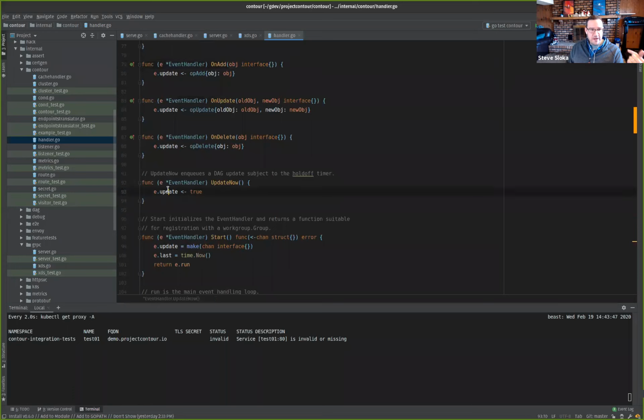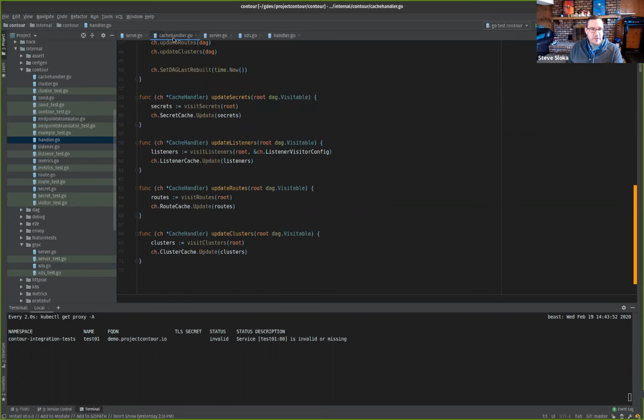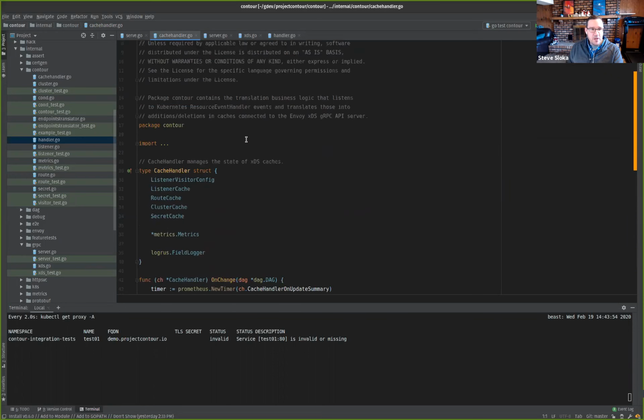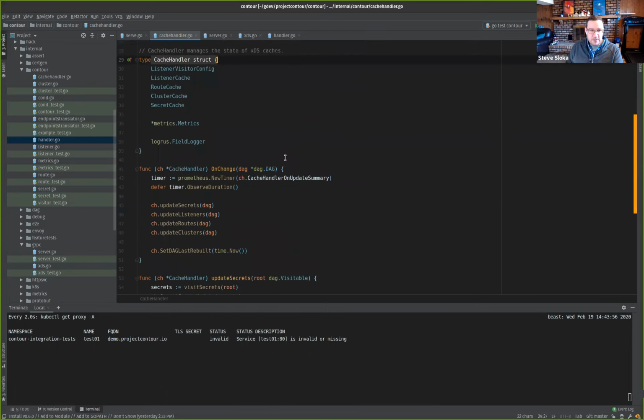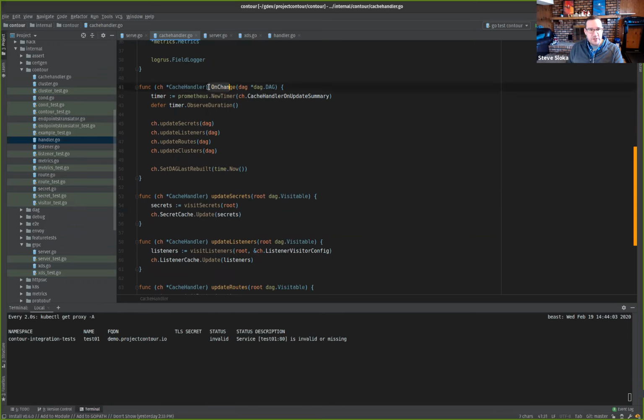So on add, update, delete will happen here. That calls update of the event handler itself, which is here. If we dig into that, that's an interface, which is this here. So this is our event handler. Pretty sure it's the only one. Yeah. So here on change, what we can do is we will go ahead and,